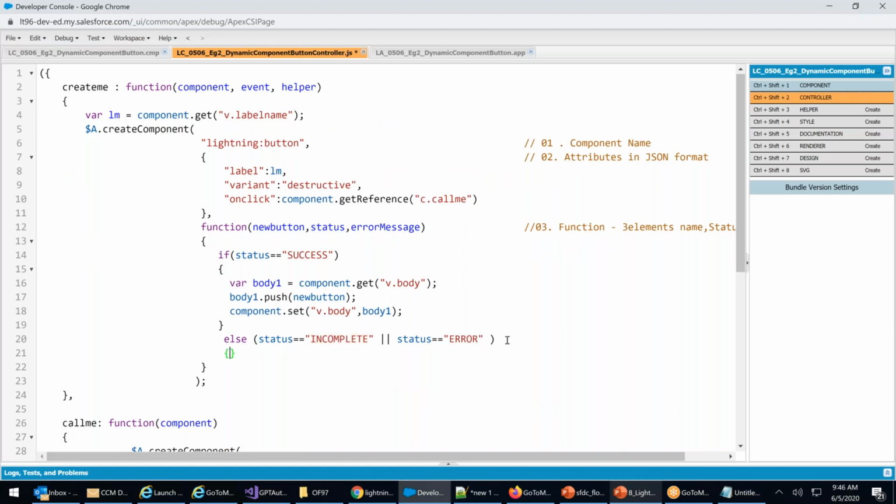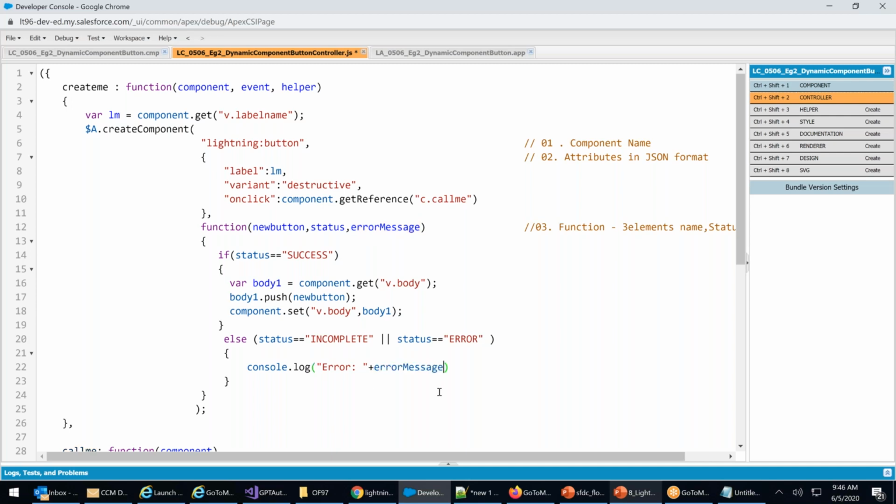Then what do you want to do? I want to display a message or console.log. Console.log what? Error, with a message plus. Where is my message stored? My message is stored in this error message.